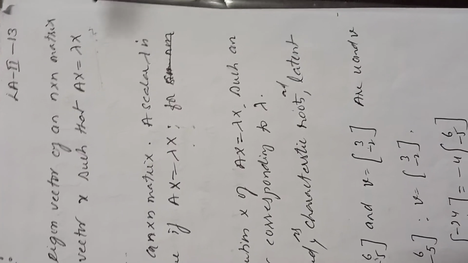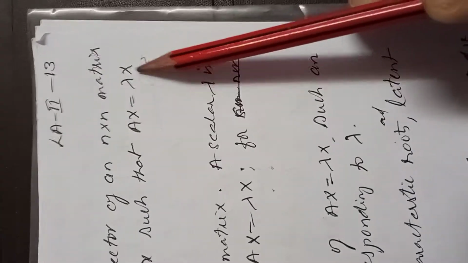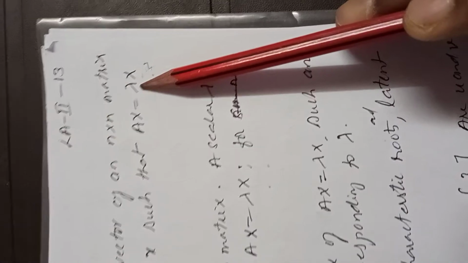Now see here, 13th page, eigenvalues and eigenvectors. This concept is very important, right? Now in our 4th unit also we will have eigenvectors and eigenvalues. See, what is the definition of eigenvector? A vector x is said to be an eigenvector if Ax is equal to lambda x, and the corresponding value lambda is called eigenvalue. Here x is called an eigenvector and this lambda is called an eigenvalue. This is the definition of eigenvector.